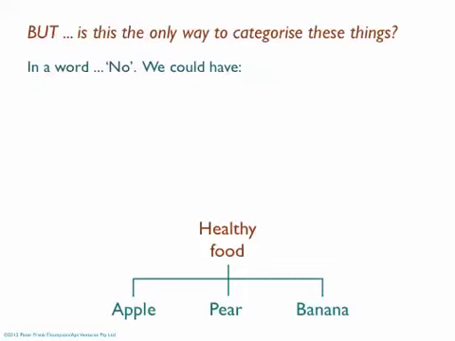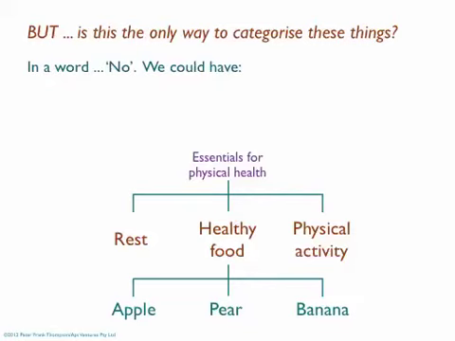Lots of other things do too, but these are definitely three examples of what we could label as healthy food, as long as you're not having too many pieces of them in any one day, because that wouldn't be good for your sugar levels. And if we wanted to continue this different pattern, we could go rest and physical activity. And these all could quite logically fit in a category of things called things that are essential for physical health. You definitely need healthy food, you definitely need physical activity, and you definitely need appropriate forms of and amounts of rest. Taking it up another level,